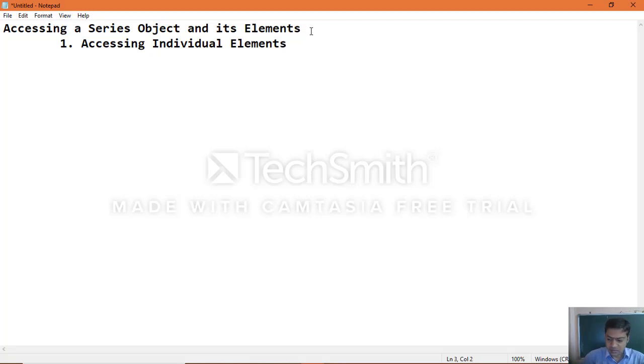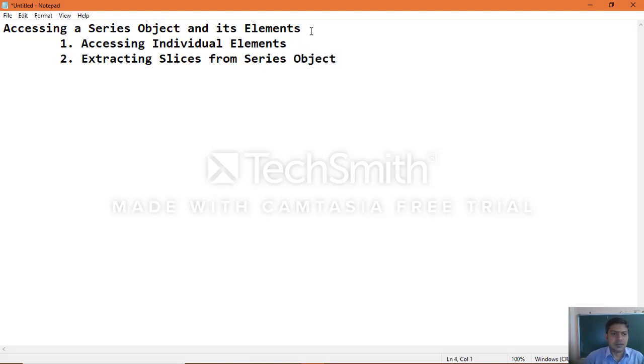Another one is extracting slices from a series object.